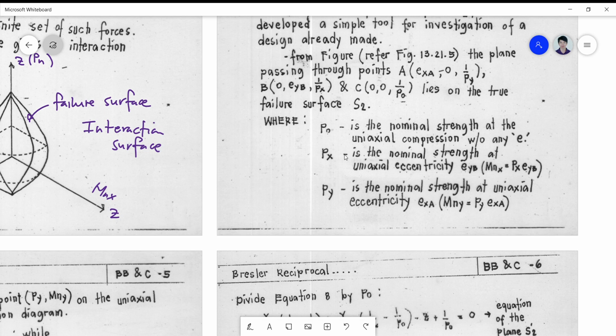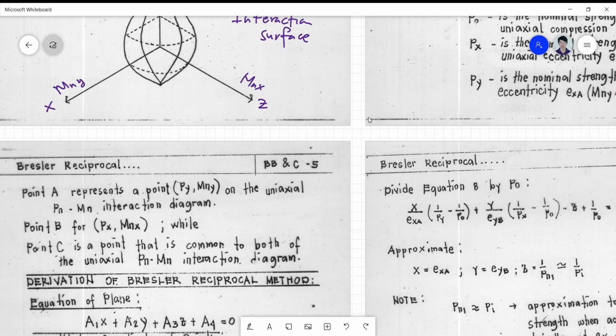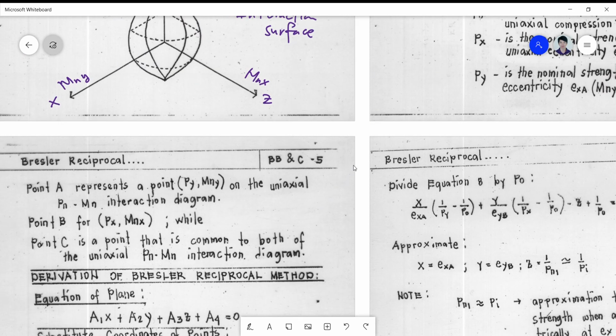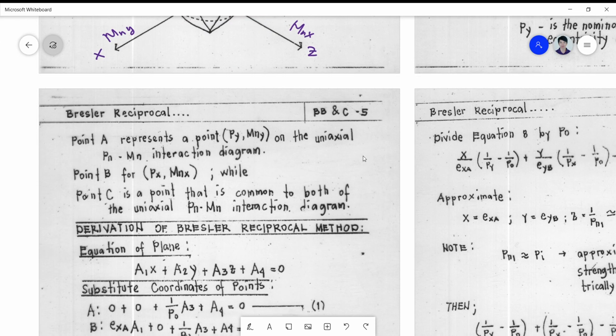P0, PX, and PY are simply the counterparts of your PNX and PNY. What Bresler did is separate the X coordinate from the Y coordinate in terms of the P values,